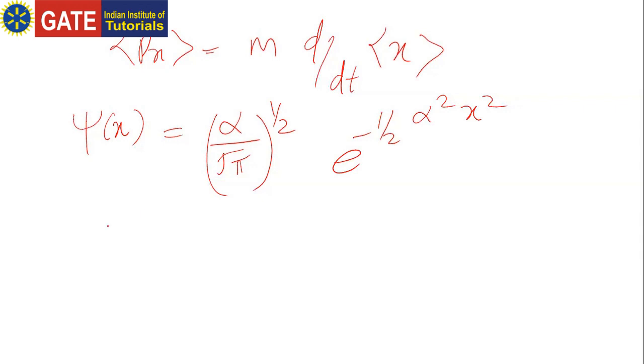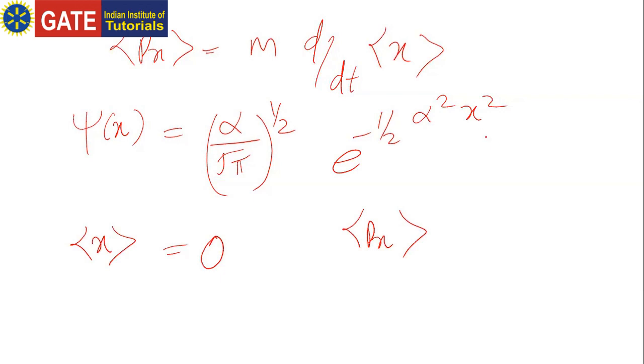In this question, if you are finding expectation x, what is the value of expectation x for a linear harmonic oscillator? 0, ma'am. 0. So, while finding expectation px, no need to